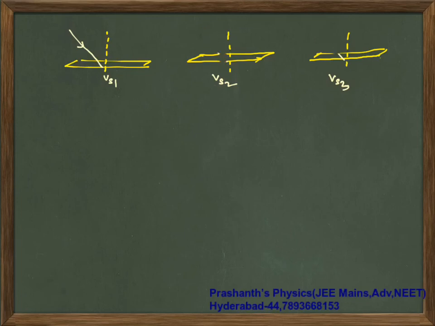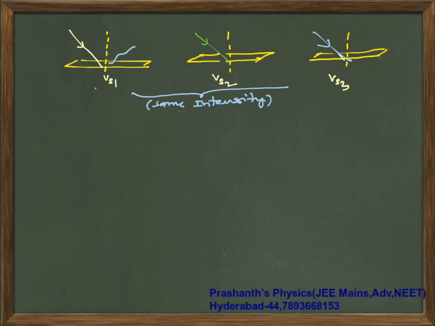For enhancing the understanding, let me take a different graph. So these are three different things, but once again the target metals are different with the same intensity. Same intensity means, as I told you, the same number of photons are striking, but the ejected electrons' kinetic energy will be different here. This is Ke1, this is Ke2 and Ke3.